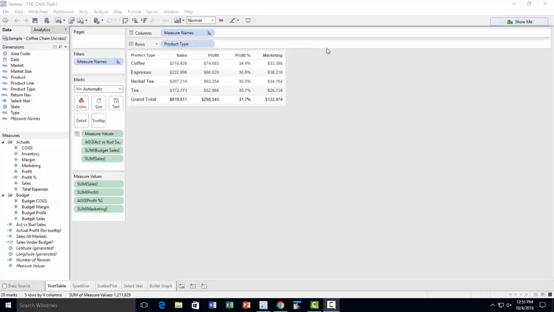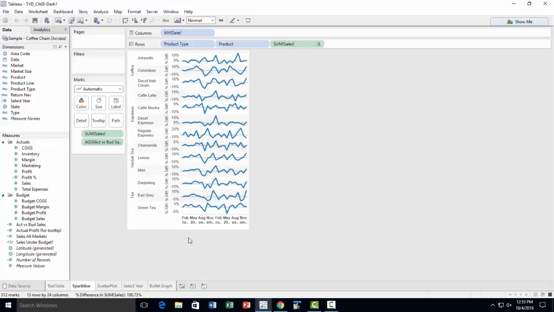So in this Tableau file, we have 5 different charts. Text table, spark line. Spark line is simply a line graph over time. So here we have product type, product, okay, and then the date here is order date, this date,